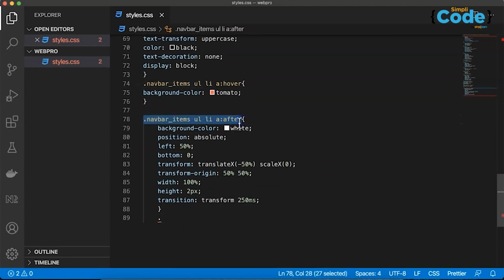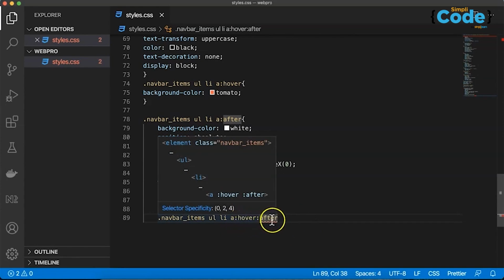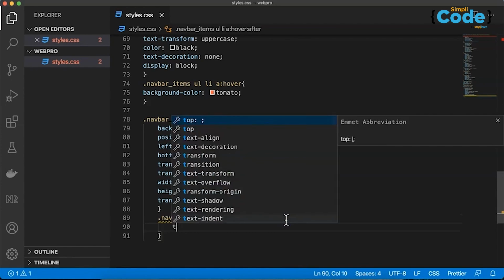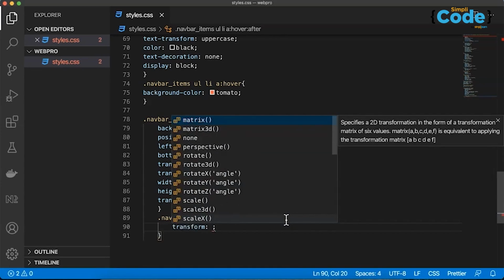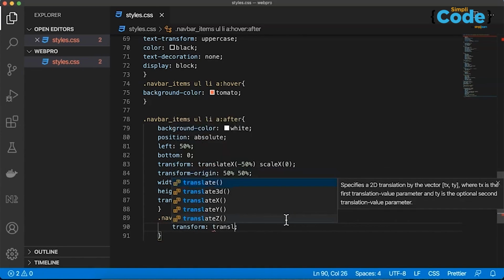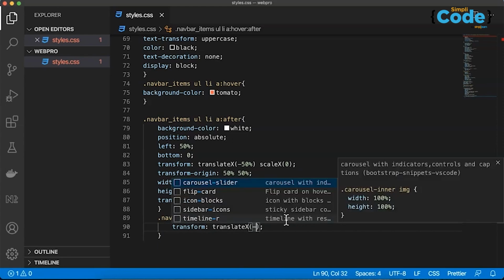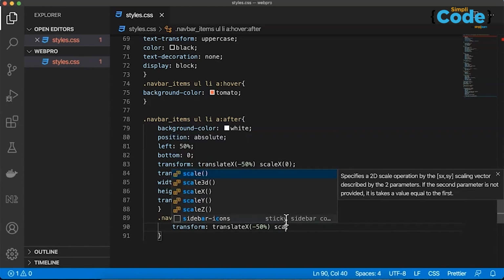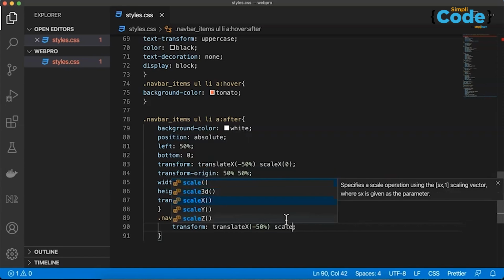So in this case, I would like to use the same condition. I just copy that, and here when you say colon, you can see li space a colon hover colon after. So what conditions do you want to use here? Transform. Here translate x, and here you say minus 50%, scale x 1.0,